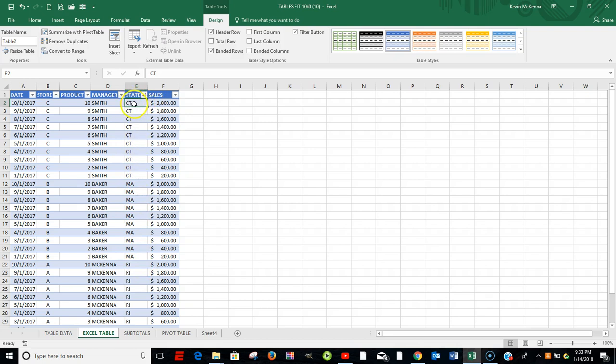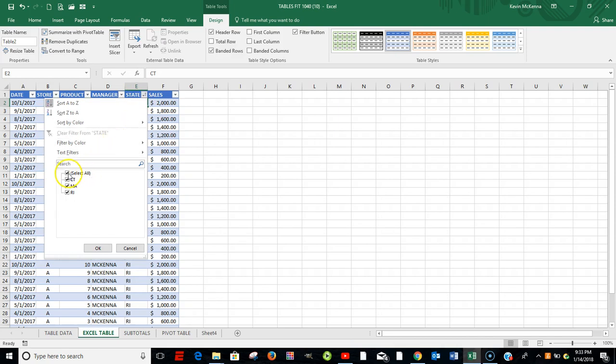What you also notice is next to the field name state, there's an upward arrow, which means that there has been a sort, and it's in ascending order. So we can sort a table, but we can also filter a table, or just select certain records within the table. How you do that is you go up to the field name. In this case, I'm going to filter the table by selecting just the state of Connecticut. So I go up to the field name state, click on that drop-down arrow,